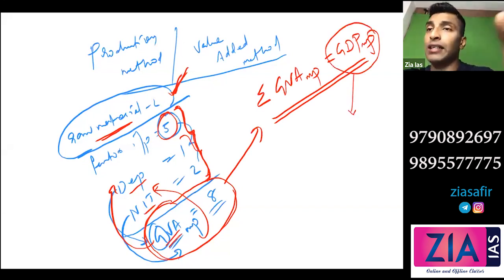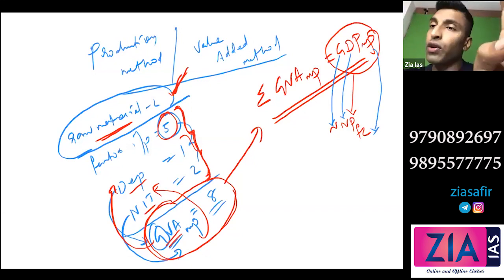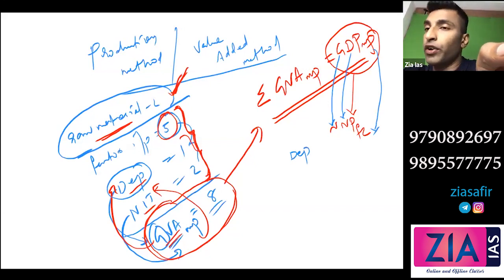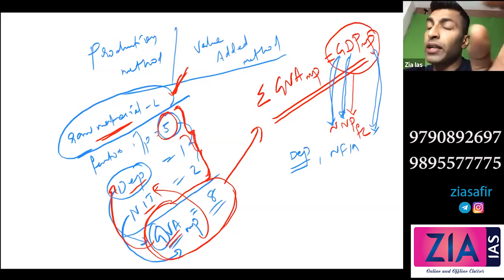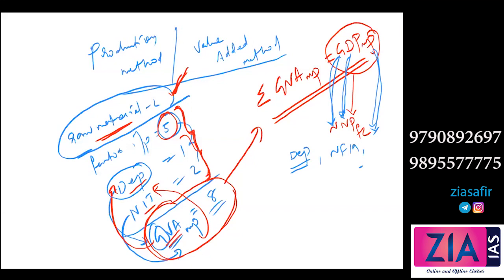What do we need to get? National income. So what I need to get is NNP at factor cost. So what you need to do here is convert this, this, and this also. So 3 steps. First you will go for depreciation. You could have done it here also, but we are doing it towards the end. You can go for depreciation, and then you can add NFA, so you can convert domestic to national and market price to factor cost. How can you convert market price to factor cost? Minus net indirect tax. Here net indirect tax is included, so we subtract it.